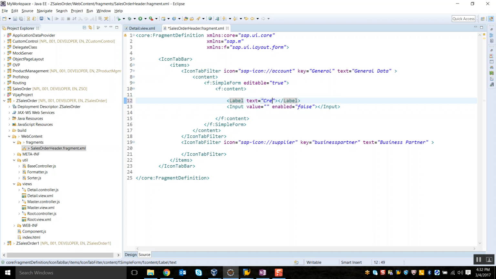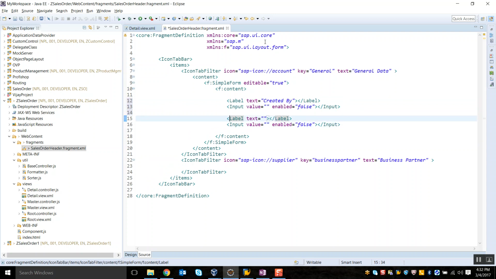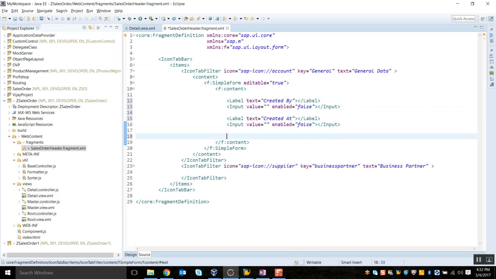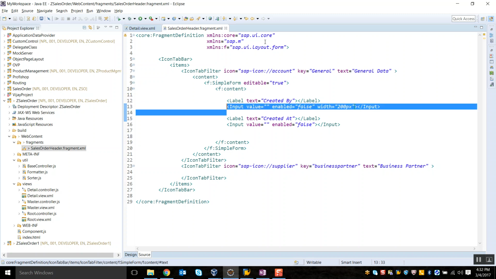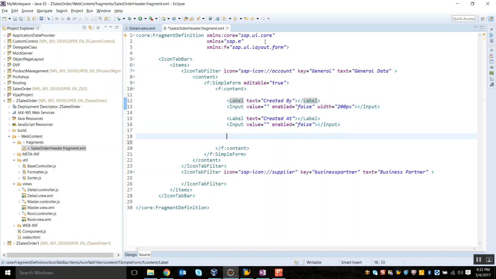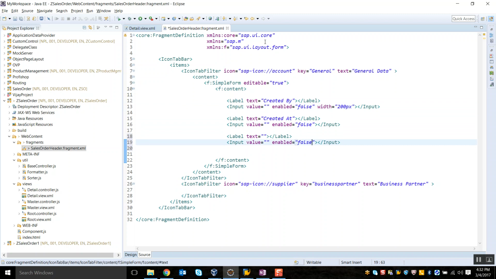So first one I'm going to have this as created by, and here I'm going to have it as created at. Then the thing I want to add here is, I'm going to set the width of each and every control property to 200 pixels. I'll set this property to 100 pixels,